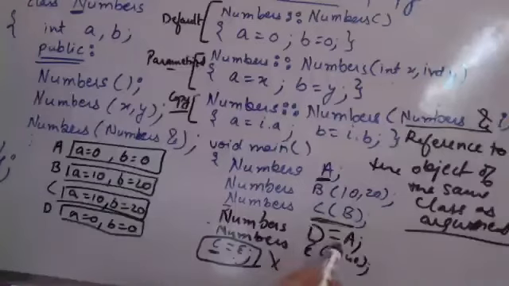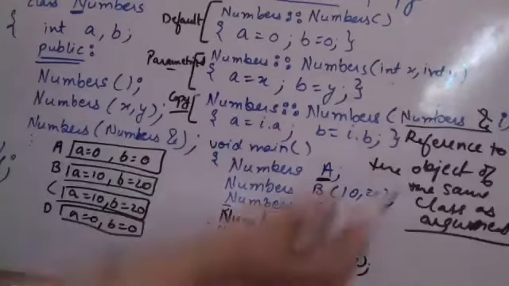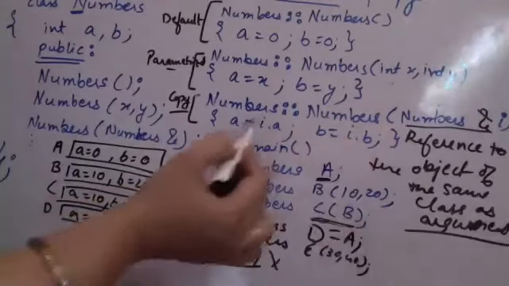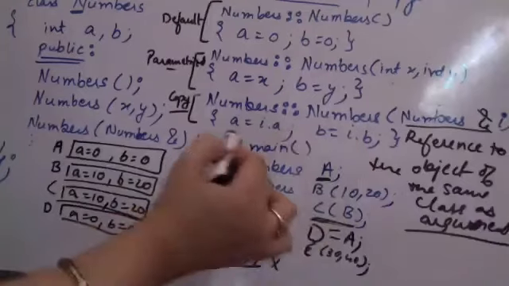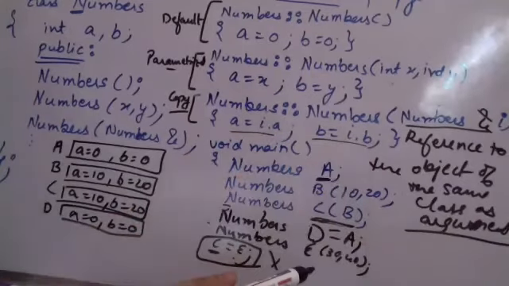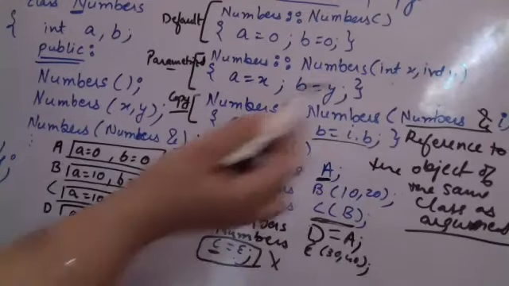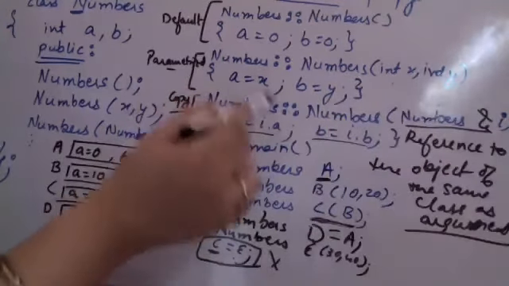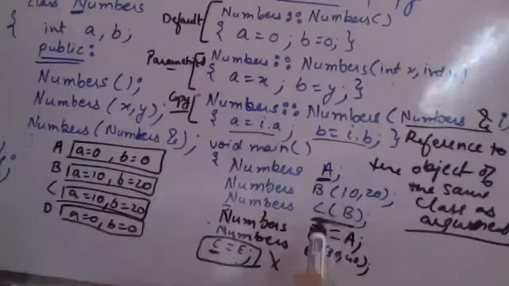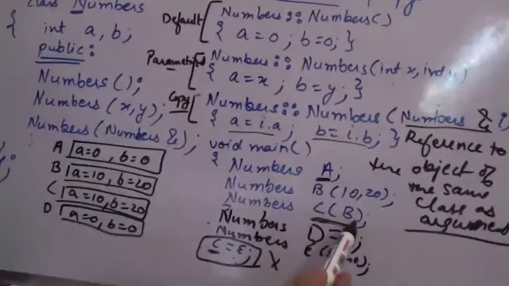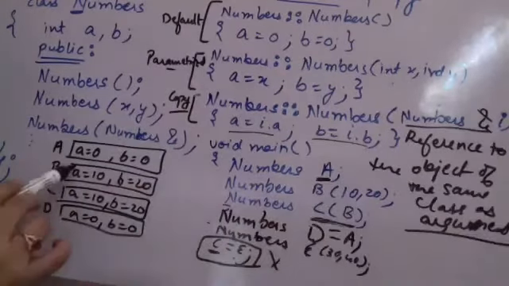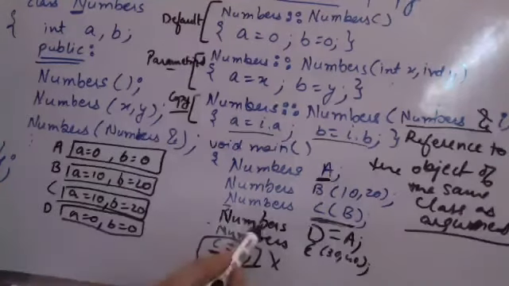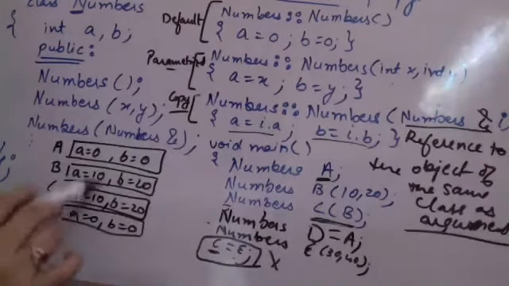This is how the copy constructor is working. Copy constructor means nothing but that a reference to an object of the same class is given as an argument, and the parameters of that argument you try to copy into the current object. So you are copying the argument into whatever object you are creating. Simply, as you are saying number C is B, C has the contents copied from B. As you are saying D is equal to it, D has the contents copied.